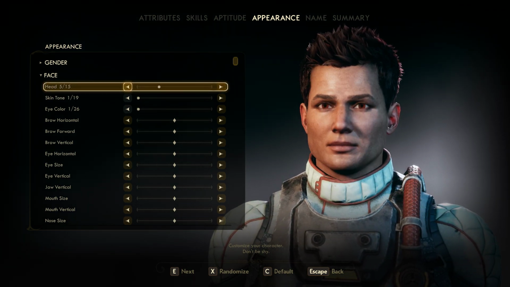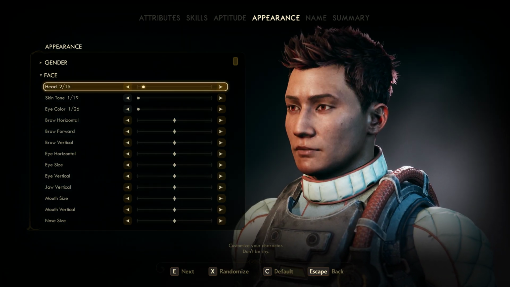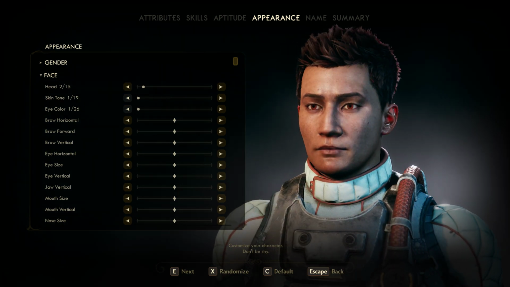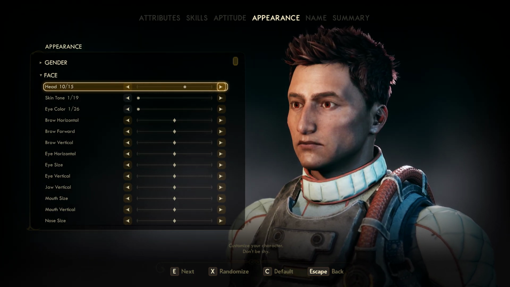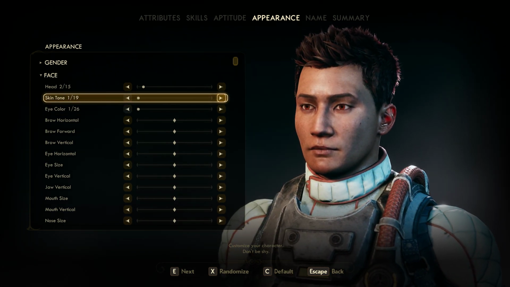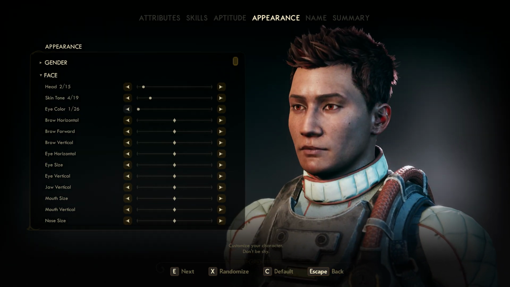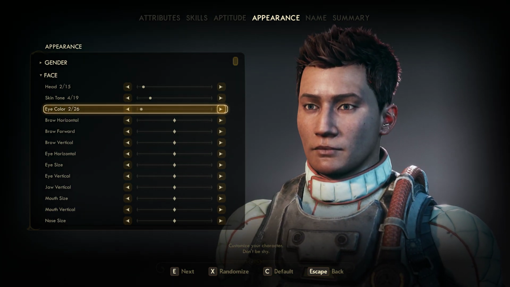I'm going to go for, where is it? I'm going to go for number 2. Yeah, we'll go for number 2. Skin tone. Yeah, make it a bit lighter so we're not too dark. Eye color. What kind of...